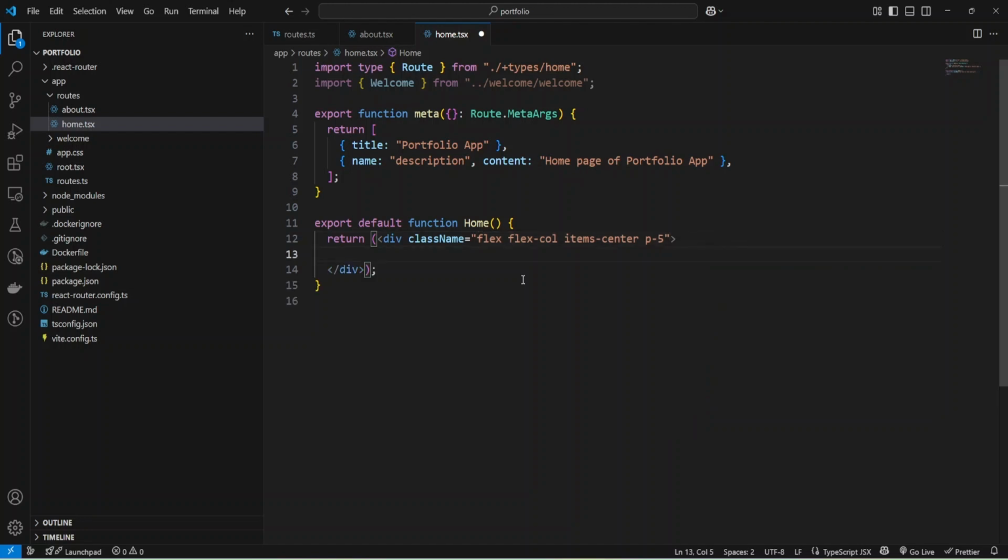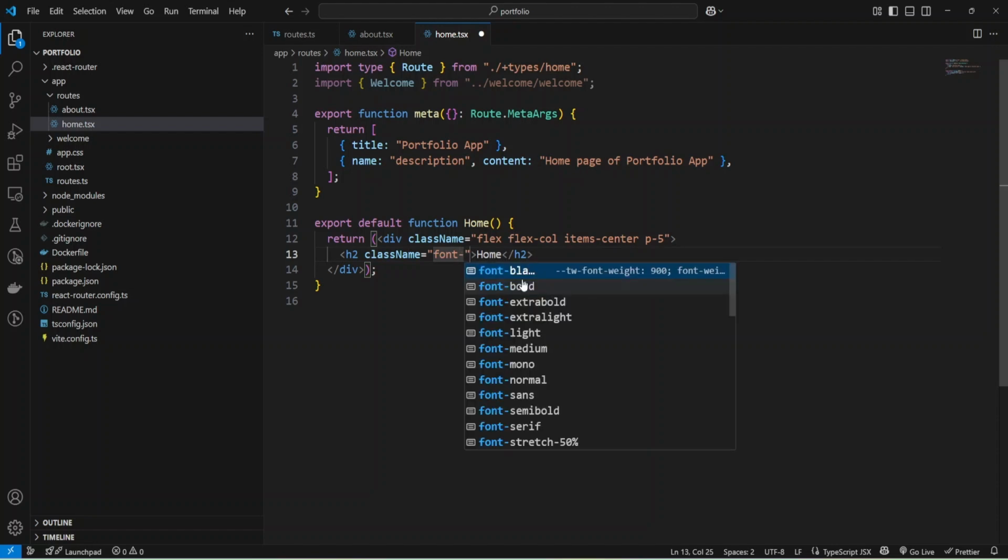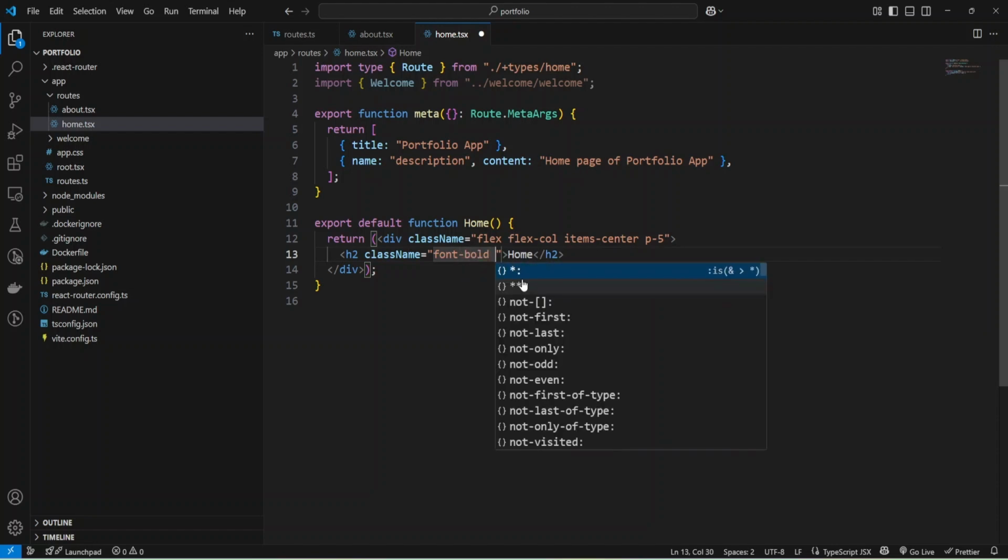Okay, and now I can add an h2 tag and define home, and let's provide a class name and make the font bold, and add some padding.